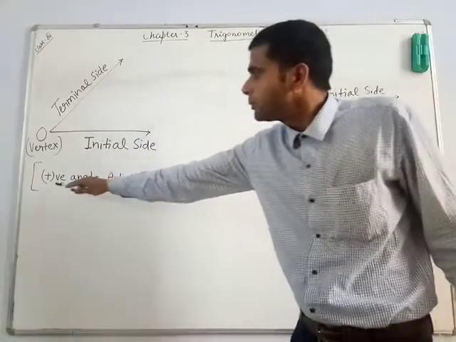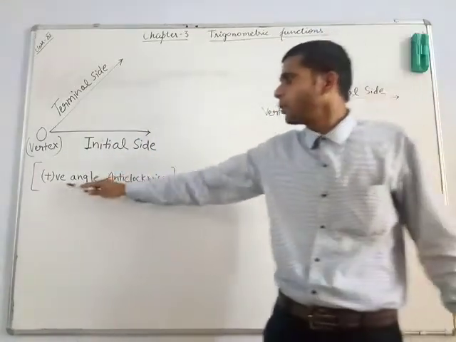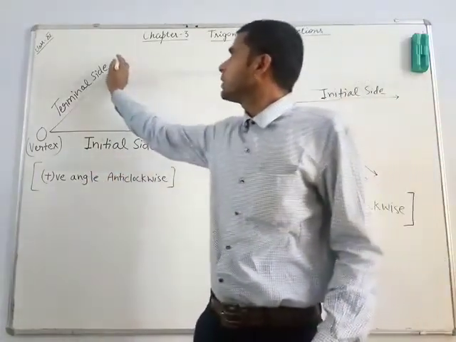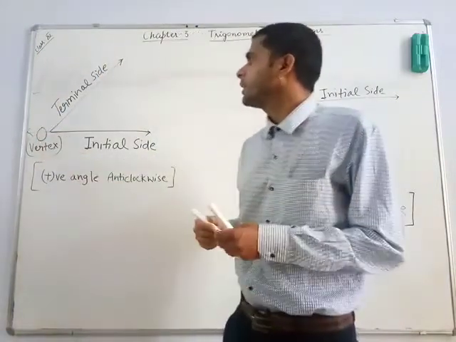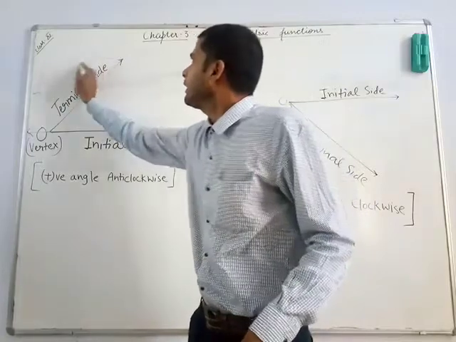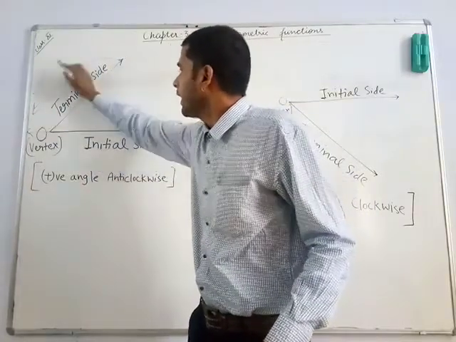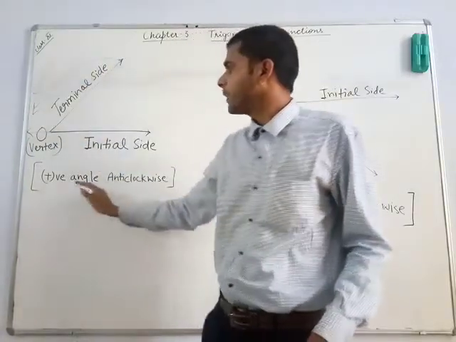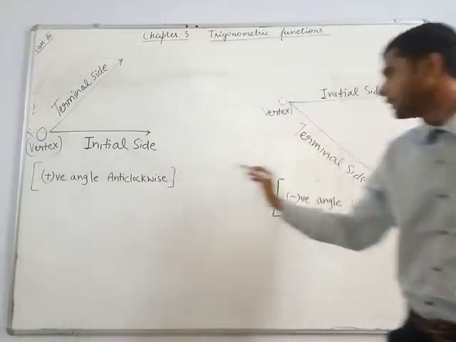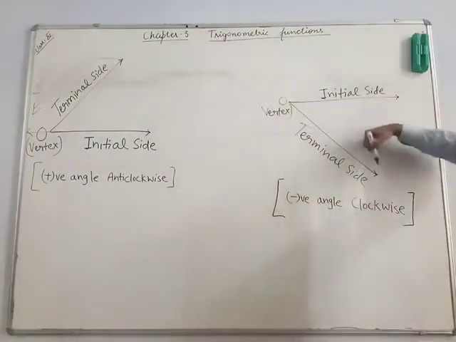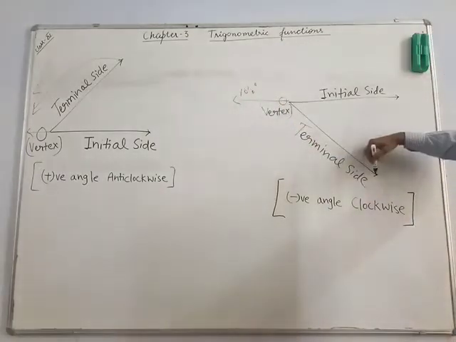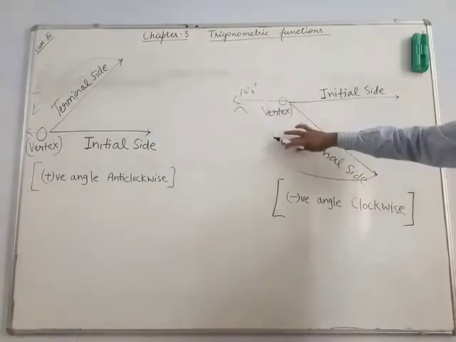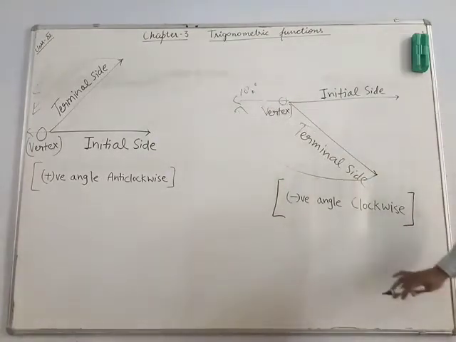In this, the angle is positive when anti-clockwise. Why does positive come? Because it rotates toward 180 degrees. This is 180 degrees, it will move like this, so this is the anti-clockwise direction. So the positive sign is the anti-clockwise direction, and this is negative. Negative means this is 180 degrees, it will move 180 degrees, so this side is the clockwise direction. Okay.